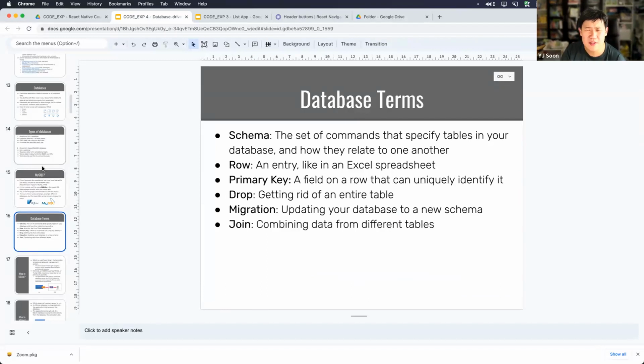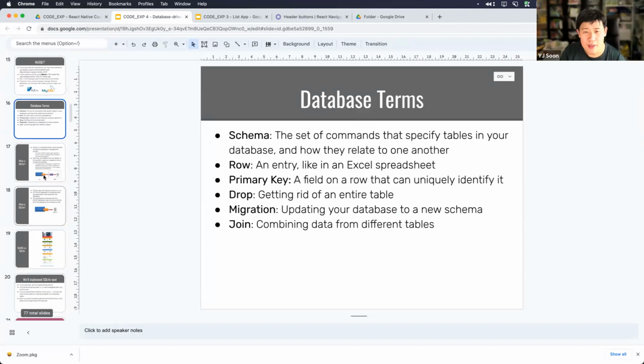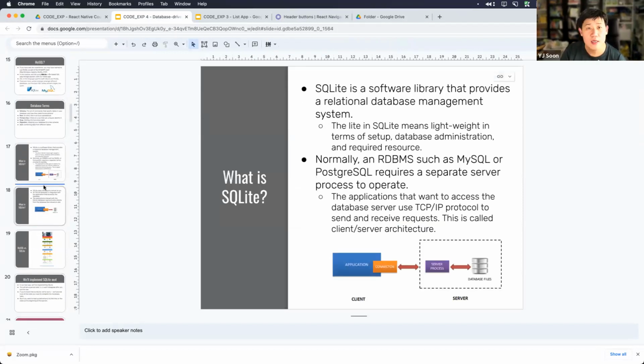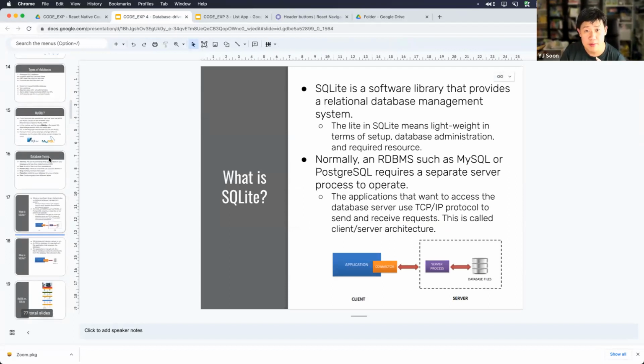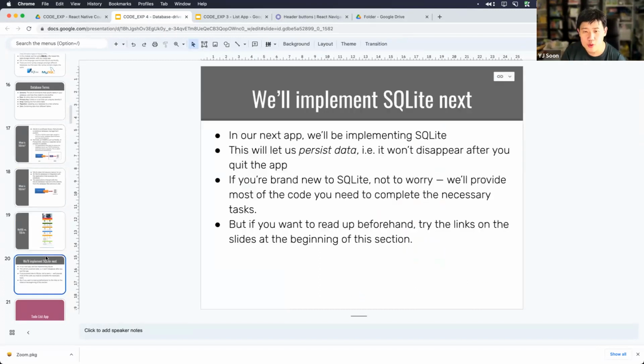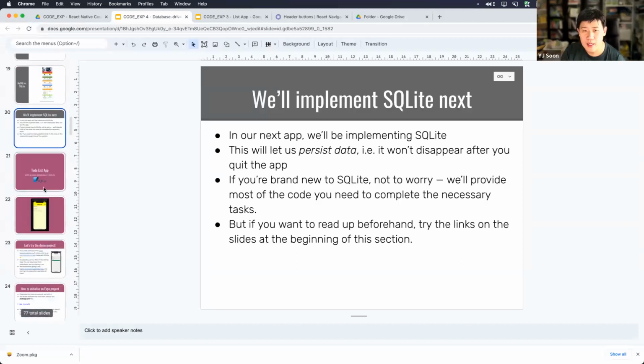Okay, so there's all these different database terms and stuff like that. I'm not going to teach you about databases lah, all right? But if you're interested, you can read through all these. Okay, so SQLite is essentially a relational database. That means SQL based, and it saves the stuff in a file. Whereas something like MySQL, you need to run an entire server, and it stores stuff, optimizes stuff behind the scenes for you.